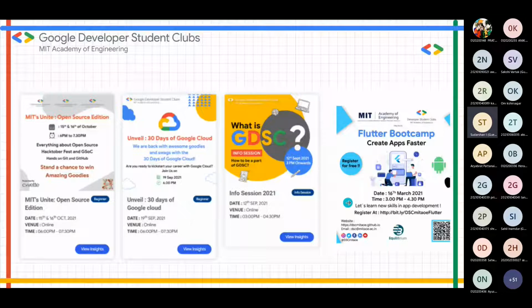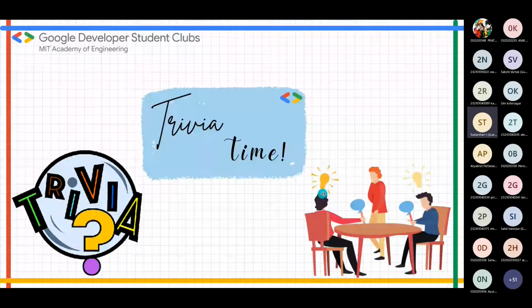So if you will be with us and you will give us support as you are doing today, definitely you will get these new ideas, and you will get to learn new technology. 30 Days of Google Cloud was a big event last year. We know last year everything was online, but Pratik Kale managed everything, and he has done very very well.